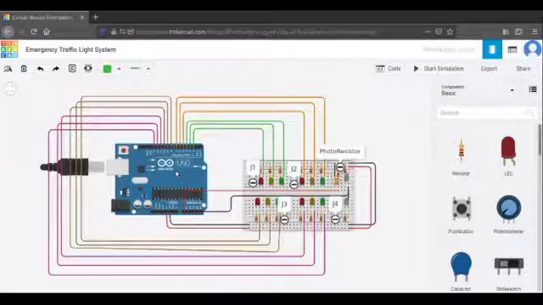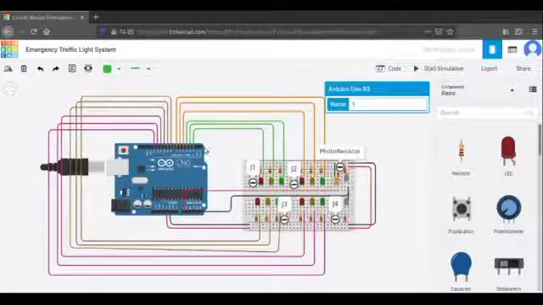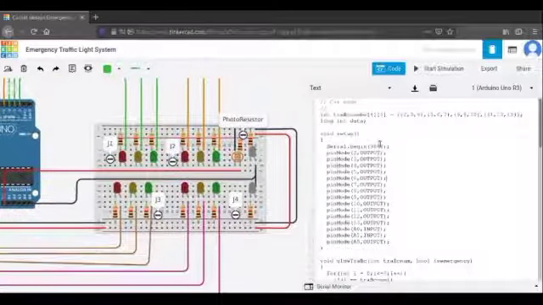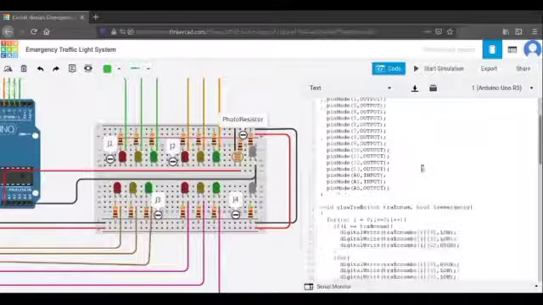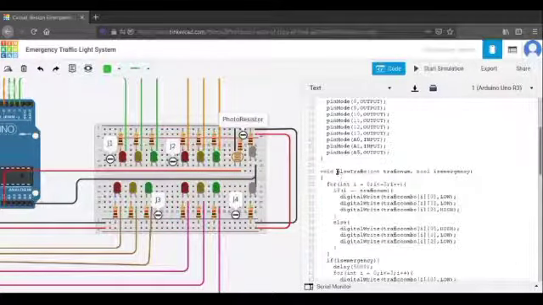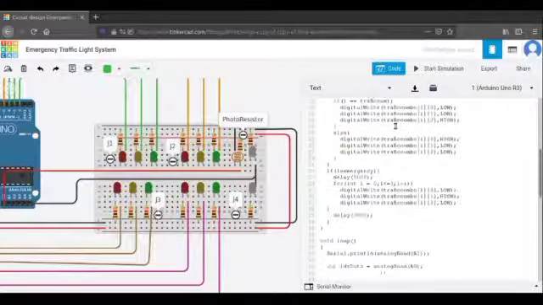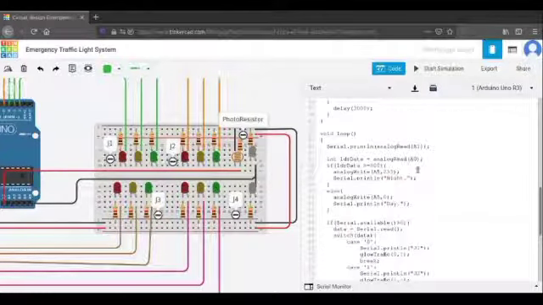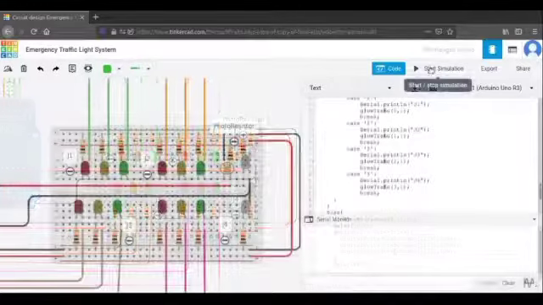So this is the Arduino board which would be used to take the data from these sensors and then, according to that, send signals to the respective LED lights at the junctions to glow. So let's zoom toward this. This is the code of the Arduino. It performs various functions such as glowing the traffic light at the specific junction and then waiting for the emergency vehicles to pass, and detecting whether it's daytime or night time, and doing other various things.